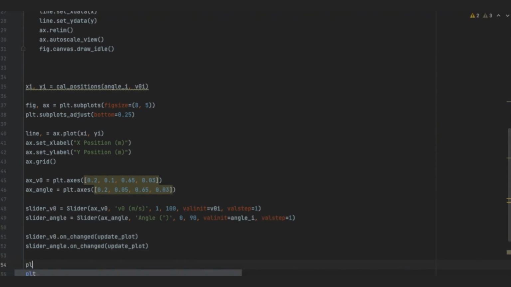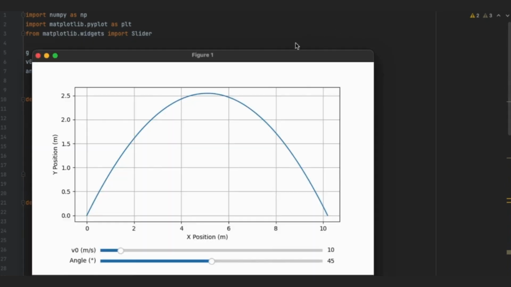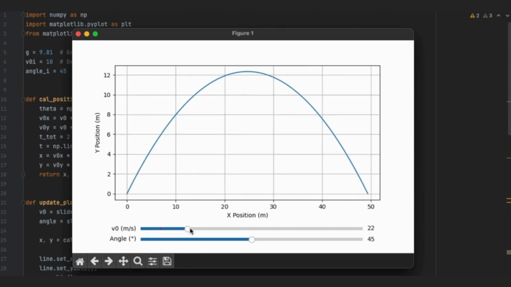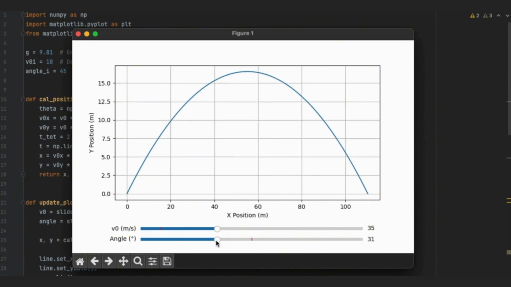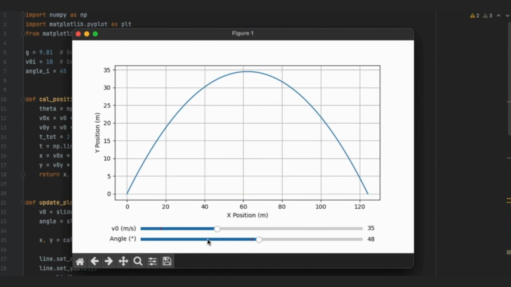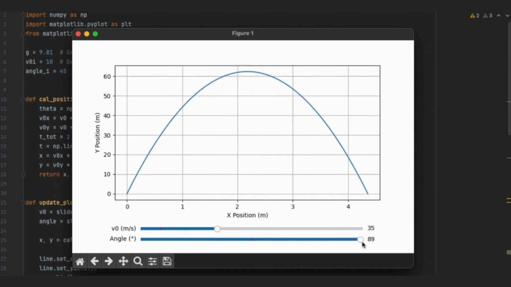Okay, so all that is left to do is plt.show, and we are done with our code. So let's execute it. Okay, so there you go. We have our dynamic x and y position plot for the projectile motion. We can change v0 and we can change the angle however we want, and we get the updated plot here dynamically. One point that I want to mention is if you increase the angle all the way up to 90 degrees,